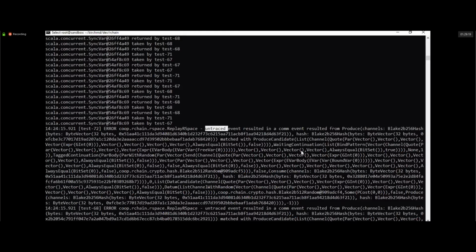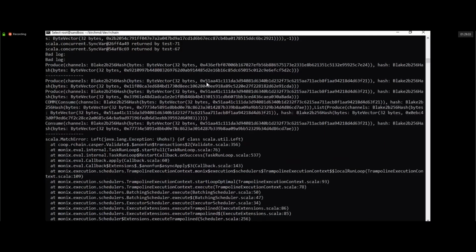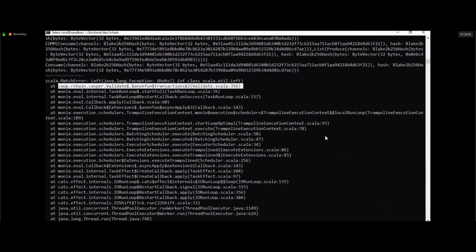Yes, it happens during the validation step, because nodes still validate their own blocks, which is something that we might optimize out in the future, but it's at least good for testing. You can see here in the stack trace that you've got validate.scala in the transaction section. That's where it's being thrown, because it's validating its own block and seeing that its own log is incorrect. But you can go in and look at the log and see that it's right. So it's weird that this is happening.